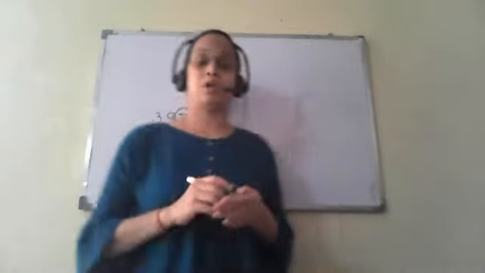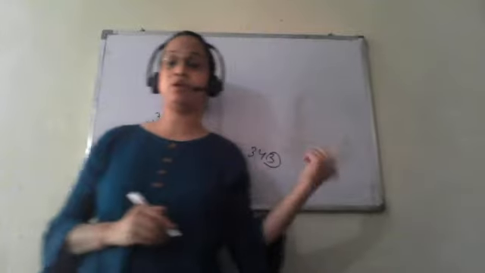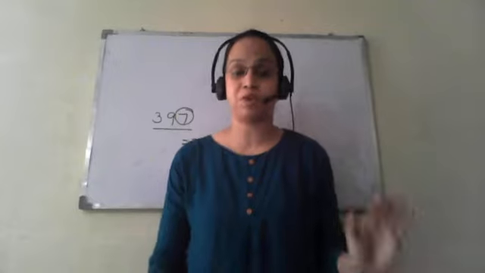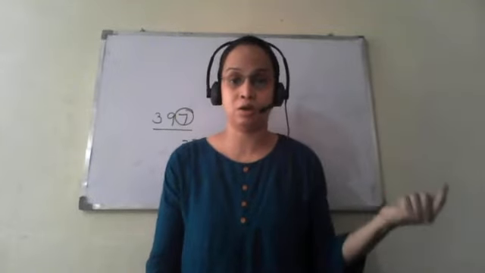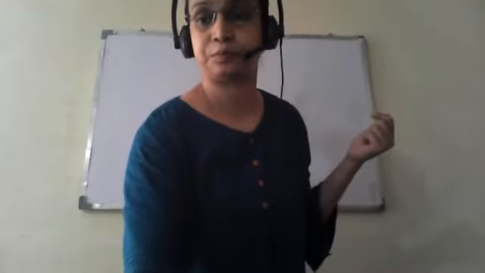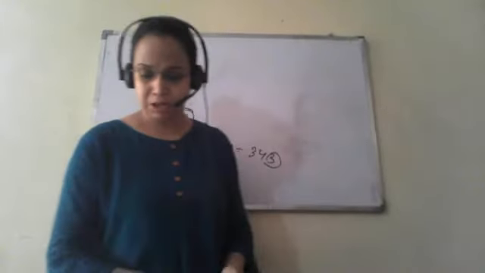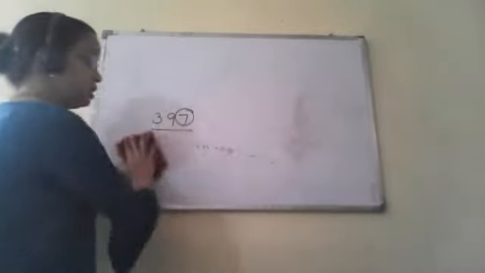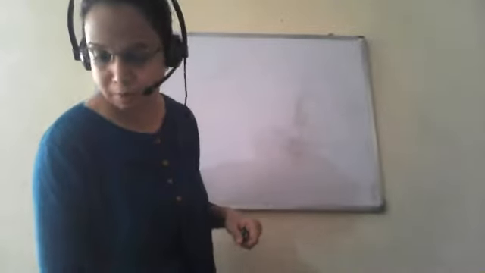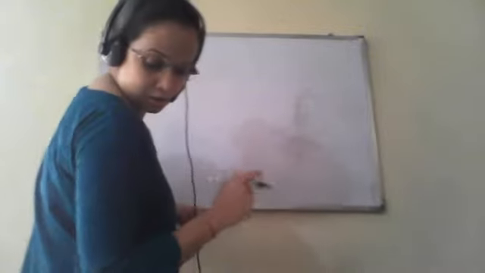So this way, in the case of squares, we did 7 into 7, we just multiplied twice. In the case of a cube, we have to multiply thrice in order to find the unit place digit of its resulting cube. Similarly, we will see some examples in which we have to find the unit digit of the cube of a number without actual multiplication. These are examples on page number 111 under the Try These section. So there are a few numbers.